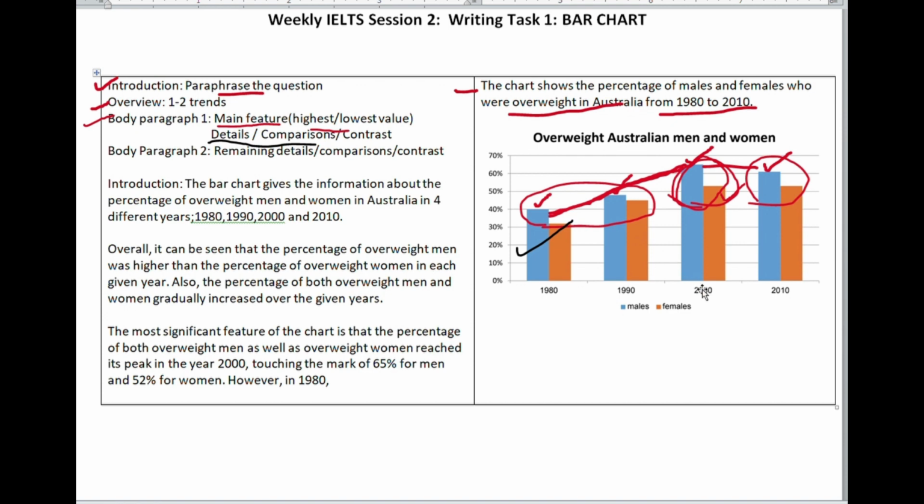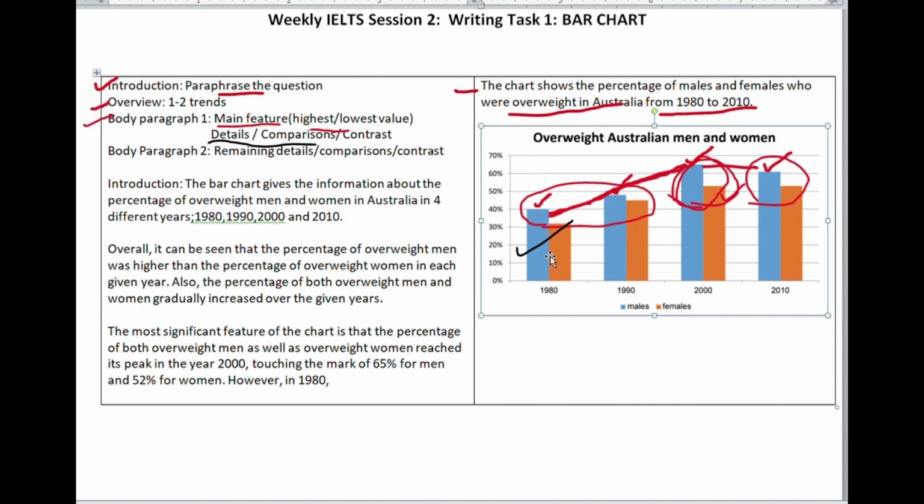In 2000, the value is quite high, while in 1980 the value is the lowest. So it is a clear contrast, clear contradiction. So we'll use the phrases of contradiction like however or whereas or in contrast. We can use any of these. However, in 1980,